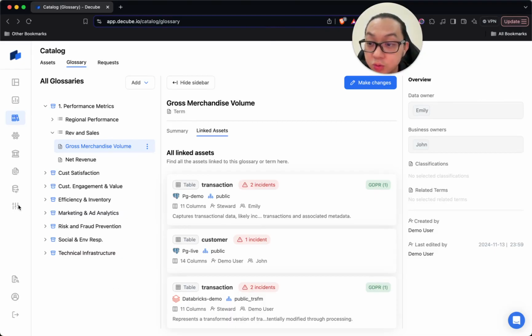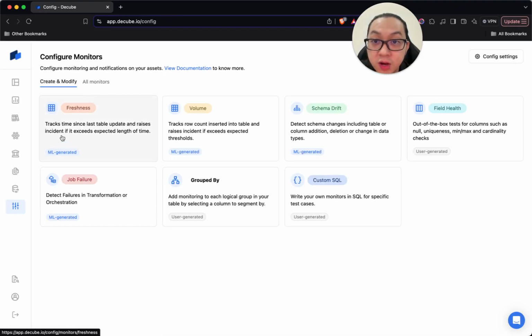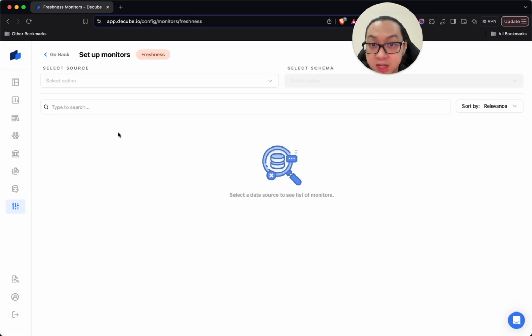In the config module here, you'll find a variety of supported monitors, including options for freshness, volume, schema drift, and more. Some of these monitors leverage the power of machine learning to assist users by studying the metadata of the tables. Let's walk through the setup for one of these monitors. First, I'll select the freshness monitor,